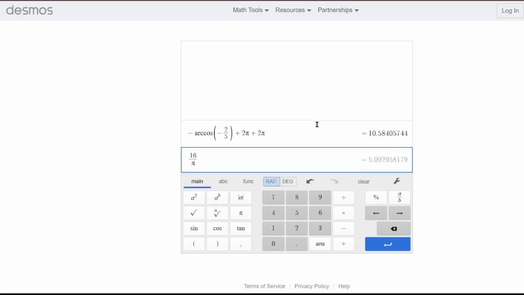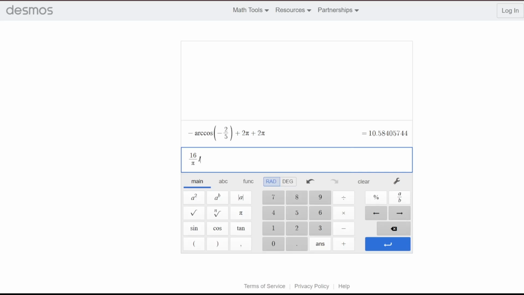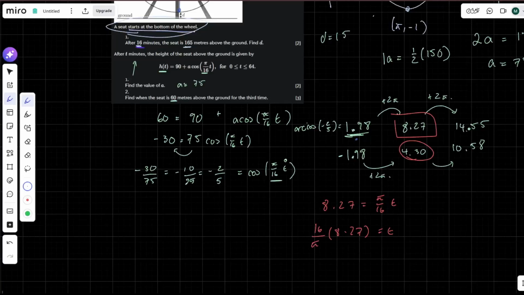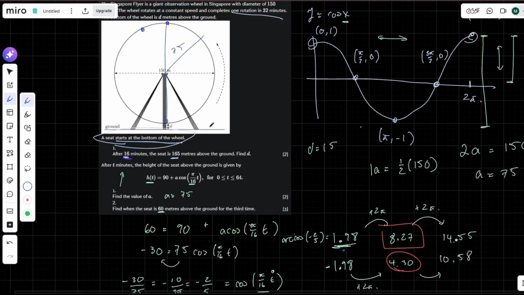16 over pi times 8.27. So I'm getting 42.11, which to 3 significant figures would just be 42.1. And that ought to be our value for the time when the seat is above the ground at 60 meters for the third time. So I'm just going to go through, I kind of haven't really checked my work at any point,